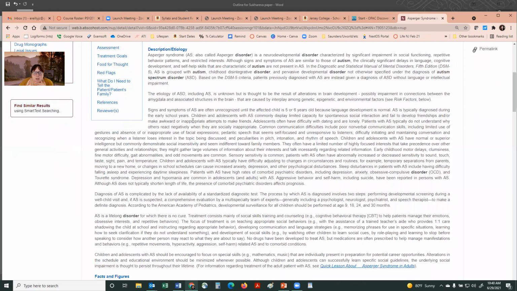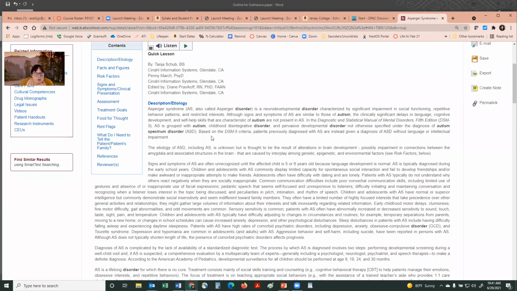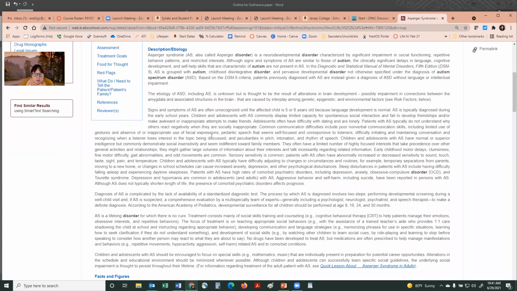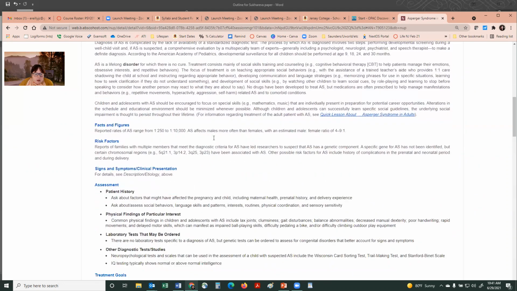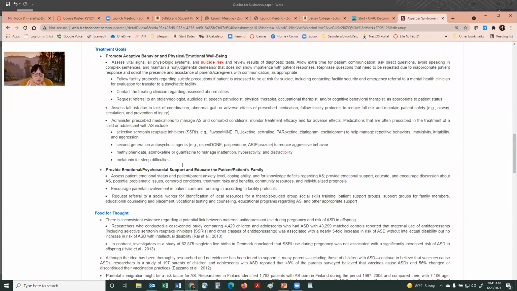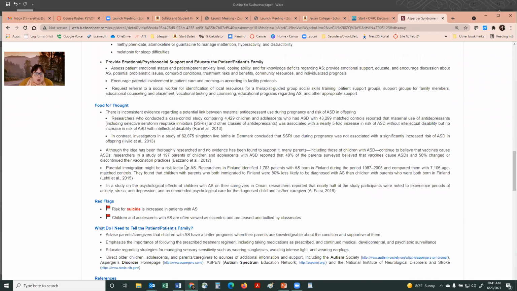Okay, so this paragraph has a lot of details about what constitutes Asperger's. All right, so that's the description area. Facts and figures, risk factors, what you're supposed to ask the patients, treatment goals, and